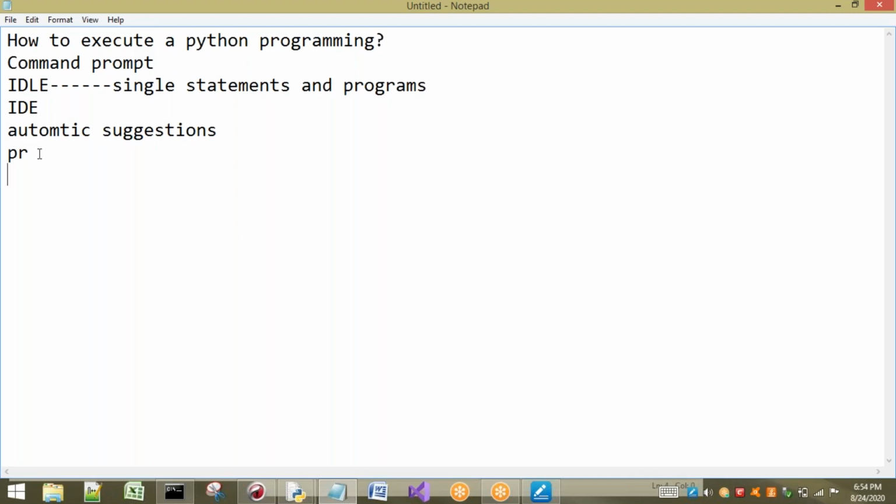You can see everything in those IDEs. It makes our task easy if we go for IDEs. That is the only change. Everything in execution will be the same, the output will be the same, except that one. Right, so these are the different ways we can execute our Python program.